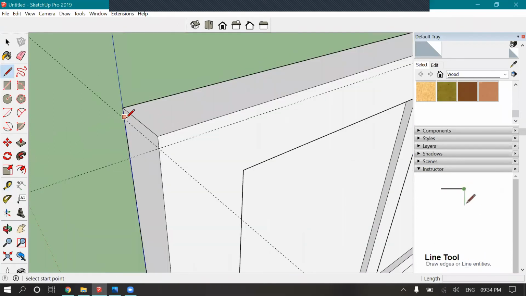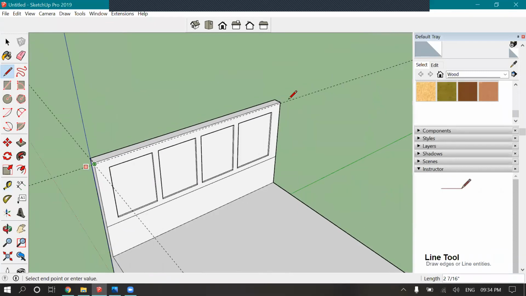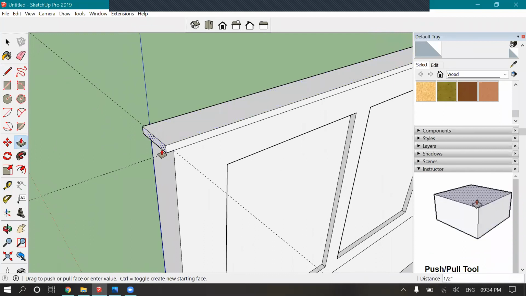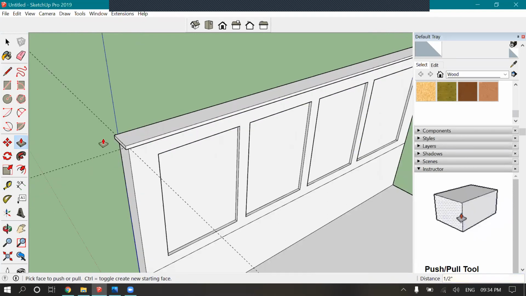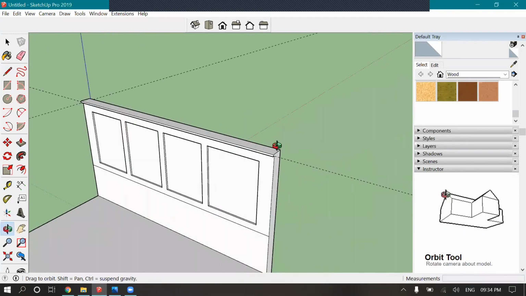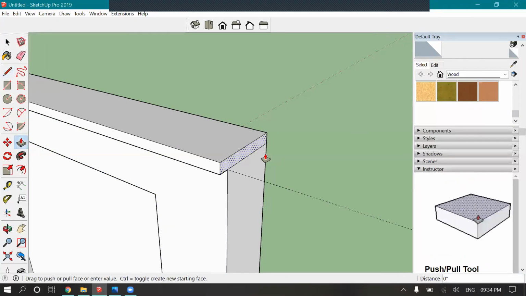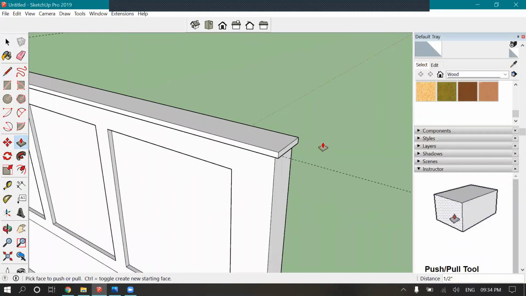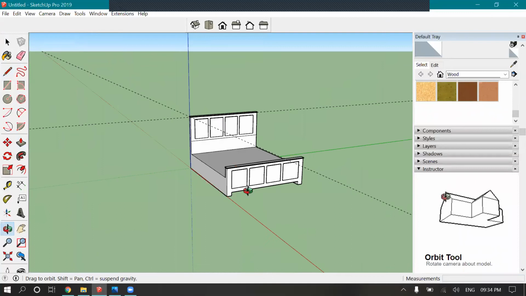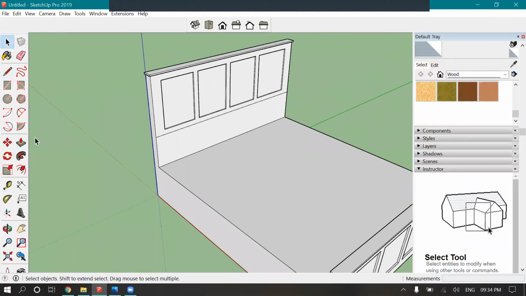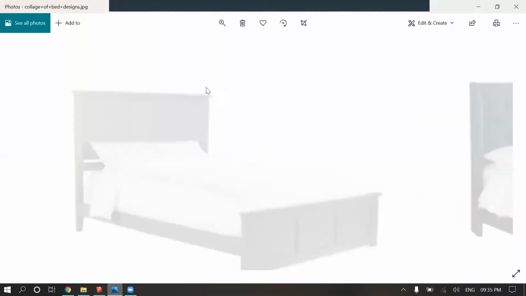Then extrude by 0.5 and another point five. So here is our brief design of this.